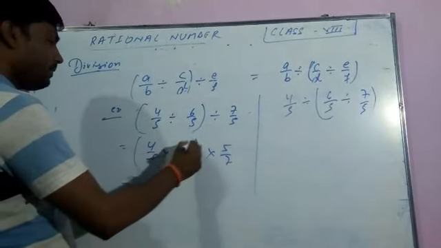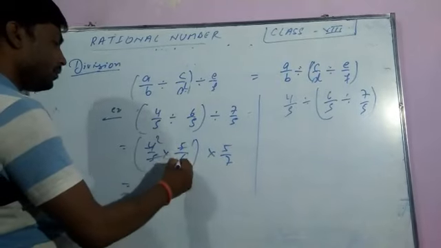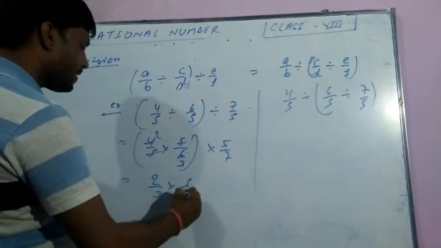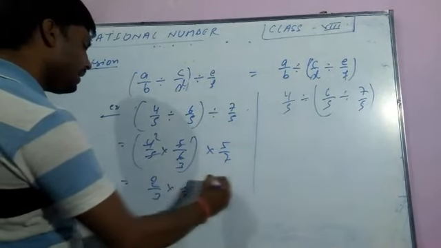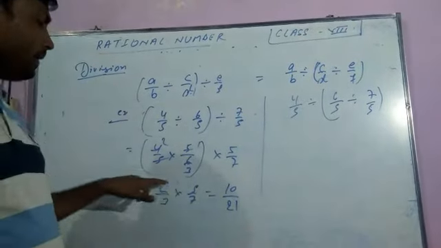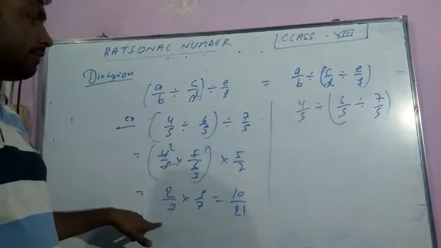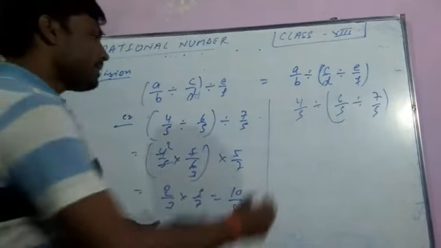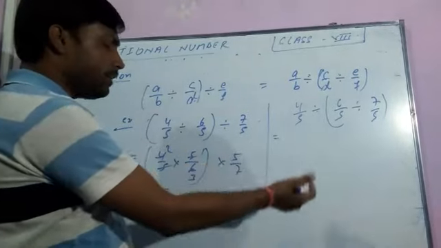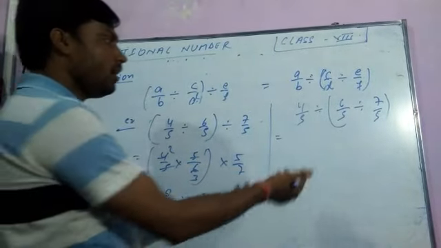4 5 1 ja 5, that will be cut. 2 2 ja 4, 2 3 ja 6. 2 by 3 and 5 by 7. We get 5 2 ja 10 and 7 3 ja 21. What will we get? 5 2 ja 10 and 7 3 ja 21. Now we have to solve the second side. We have to watch whether we also get the result of the second side as 10 by 21 or not.